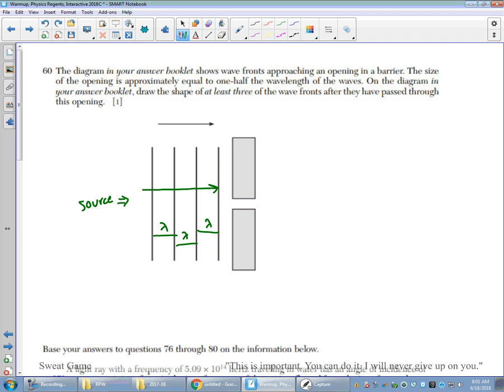Once they're created, in general, as long as you stay in the same medium, everything stays the same about the wave other than the amplitude. So if it's sound, it gets quieter. If it's light, it gets dimmer. But otherwise, the speed, the frequency, the wavelength, the period, those things all stay the same. Okay, so here they tell you the size of the opening is 1/2 the wavelength. You don't have to worry about that other than to know for diffraction,